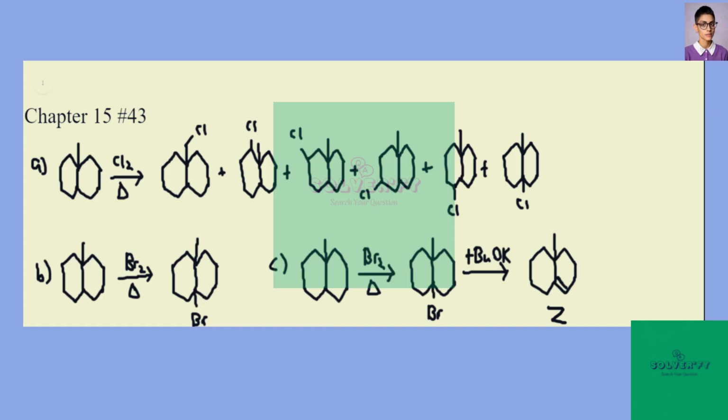So remember, chlorine is not selective at all, or I suppose I should say radical chlorination is not selective at all, and we'll get reaction at every possible hydrogen in the molecule. Radical bromination is selective, and so we will get a single product here, the product of only the reaction at the most susceptible hydrogen, which is the hydrogen on the tertiary carbon. And then to get to alkene Z, we need to do a bromination followed by treatment with potassium tert-butoxide to eliminate our halogen and get us to the alkene. And that's the answer to Chapter 15, problem number